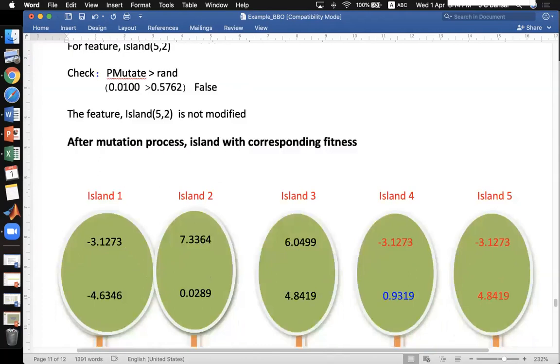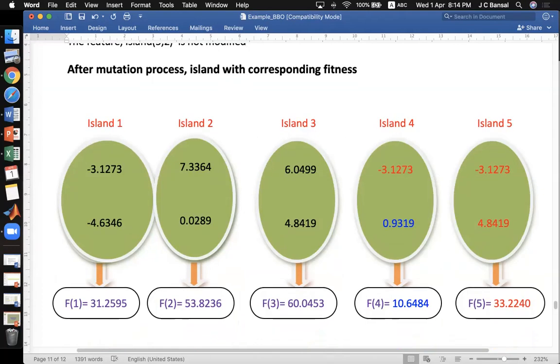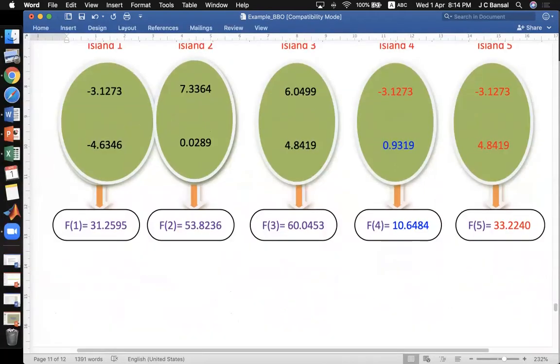So here you can see the population after the mutation. You can see that only one feature is modified. This feature, this blue, I colored it, so you can see that all remain the same except this. And this time you can see that just after mutation, the objective function value is now 10.64.